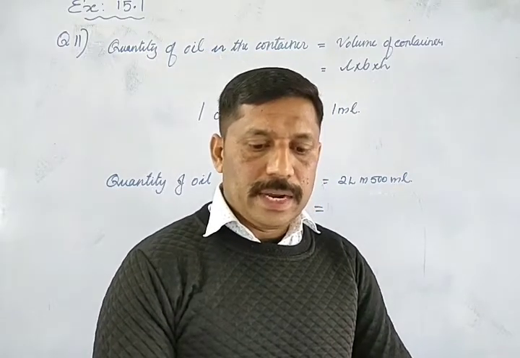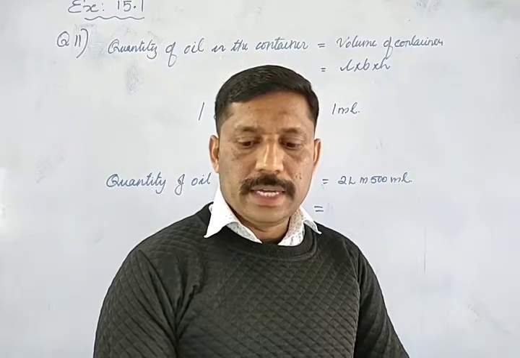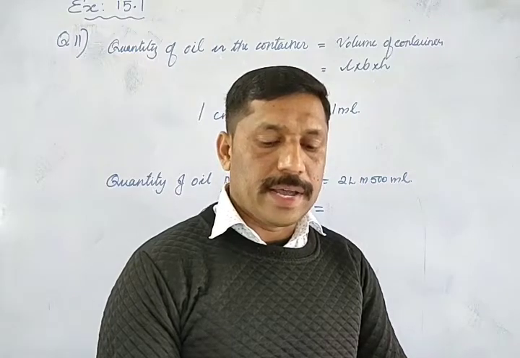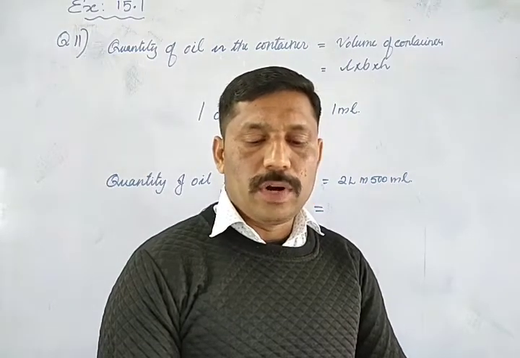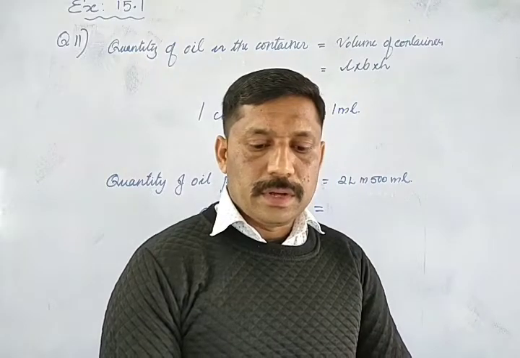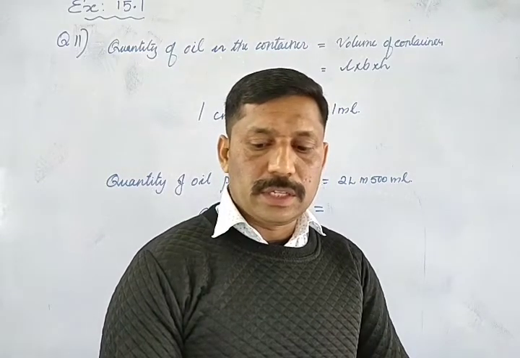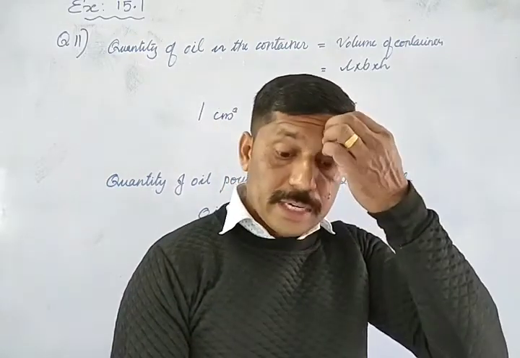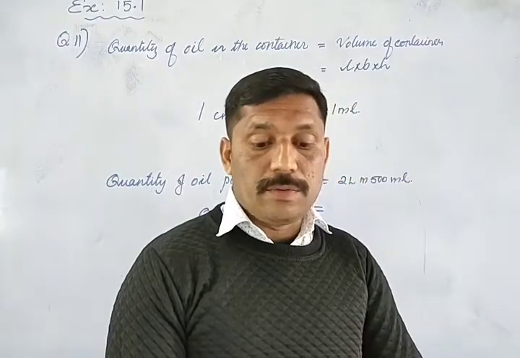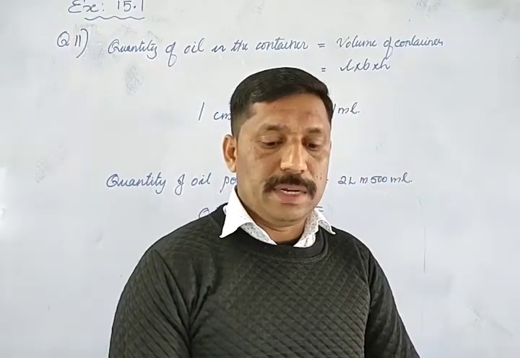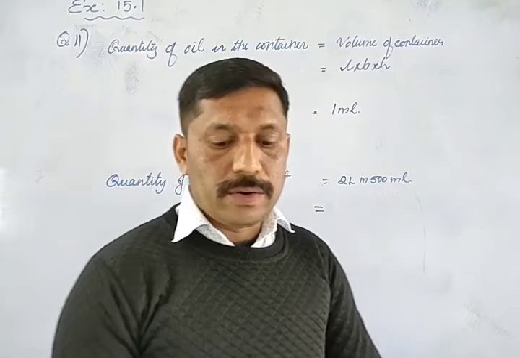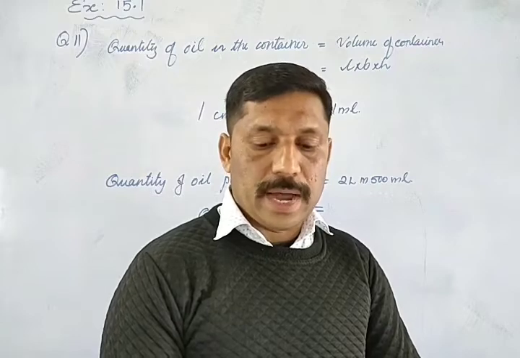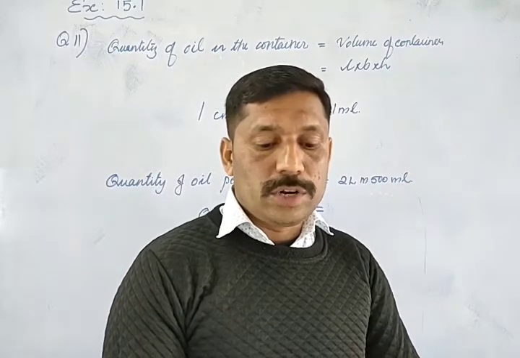Look at that question, I will read. A tank is in the form of a circular cylinder. Its height is 35 centimeter and base area is 1386 centimeter square. Find the volume of the cylinder. Volume of the cylinder is equal to area of the base into height. Area of the base, that is circular base, pi r square h. Height is given and pi r square is also given. Pi r square is 1386 centimeter square. So you multiply that area of the base into height. So that's the homework. And question number 10 also.